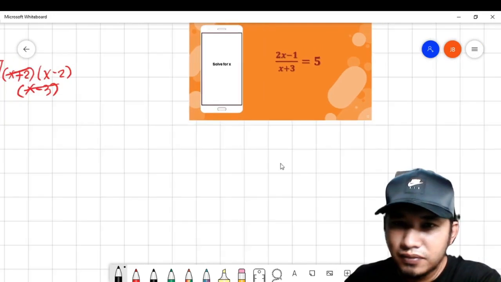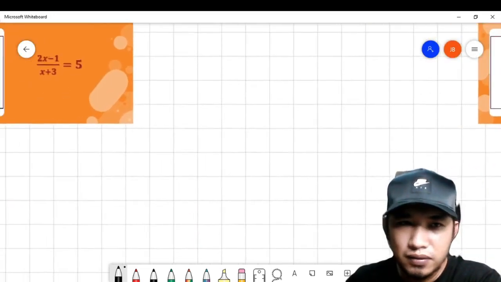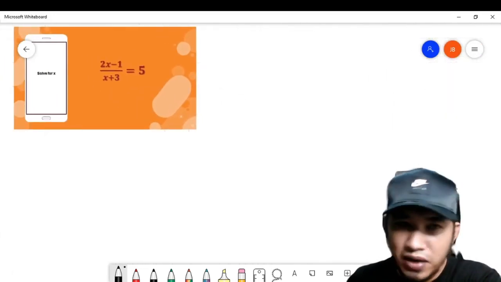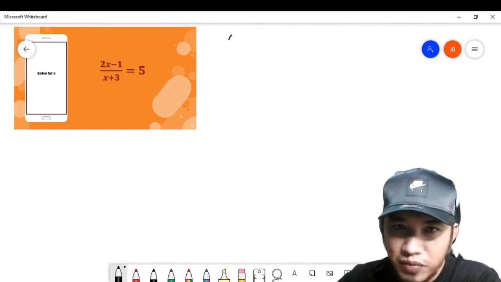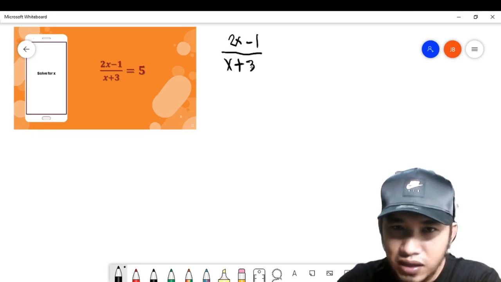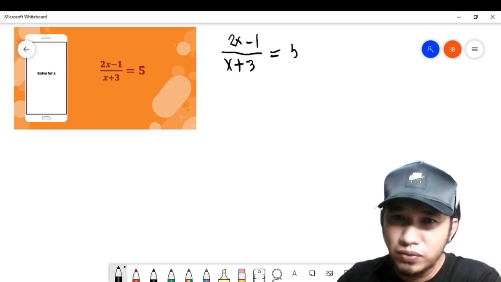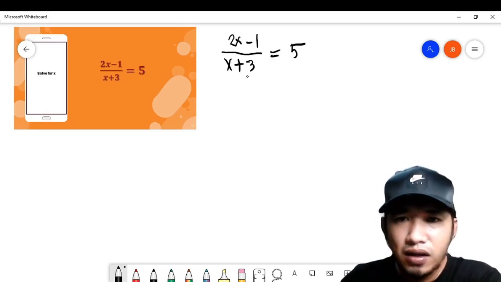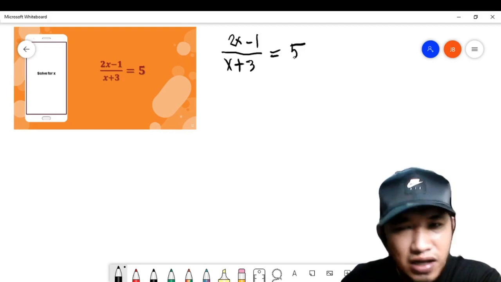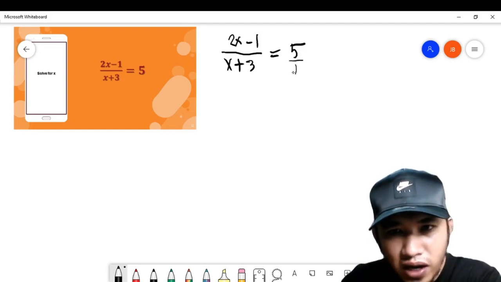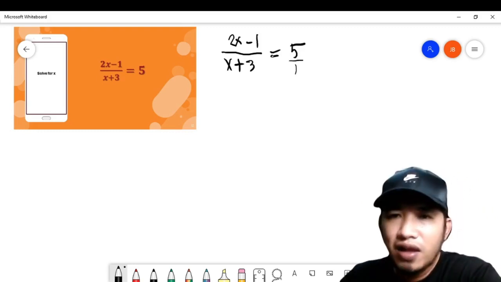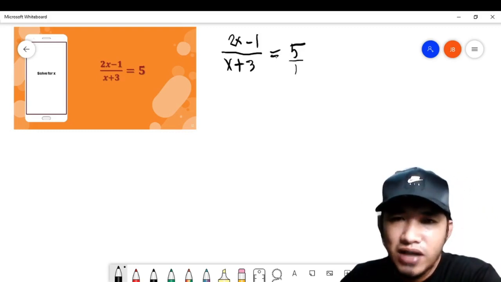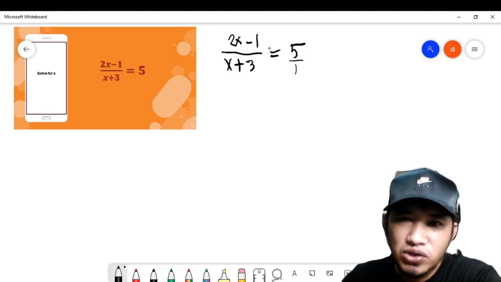Ayan. The next problem is solve for x. So first things first, copy the problem. 2x minus 1 all over x plus 3 is equal to 5. Okay, so anong imaginary na denominator ng 5 na naman? 1. At kung merong ganyan, two rational numbers na merong equal sign, that is a rational equation, ang gagawin lang